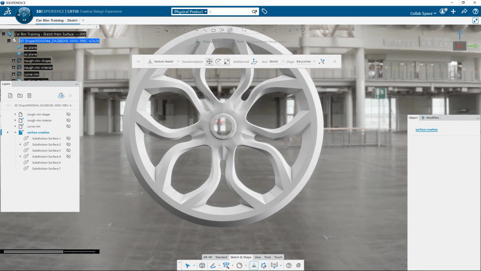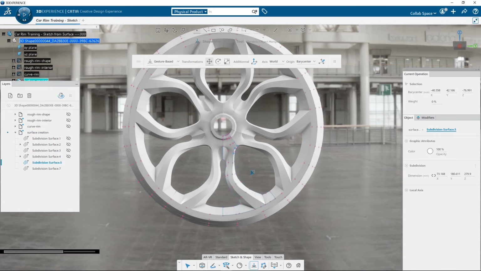With vertices multi-selection, I sculpt locally the sticks and I can easily explore rim variants like that.